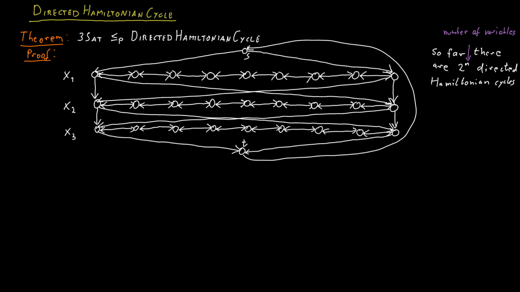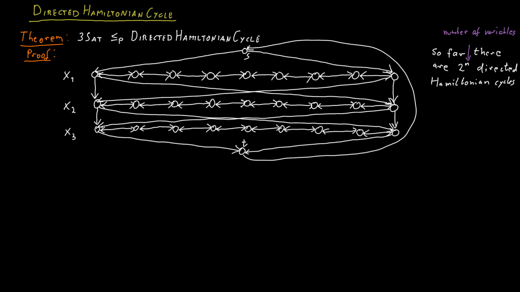One thing that I didn't specify yet is how long these lines should be, and this really depends on the number of clauses that we have in our formula, and we will see why this is the case later. Suppose we have k clauses in our Boolean CNF formula, then we would need 3k plus 3 vertices on each line. So we've now modeled the choice we have in assigning truth values to the n variables in this directed graph, corresponding to different Hamiltonian cycles.